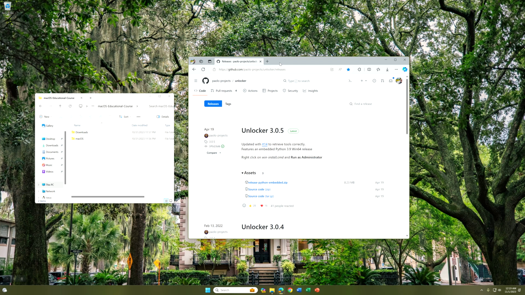In this lecture, we're going to learn how to use VMware Unlocker to get macOS loaded into VMware. So first, we're going to go to the repository that hosts VMware Unlocker. It is a project that unlocks macOS abilities on any version of VMware, including for Linux or Windows. So as you see here, it's under the